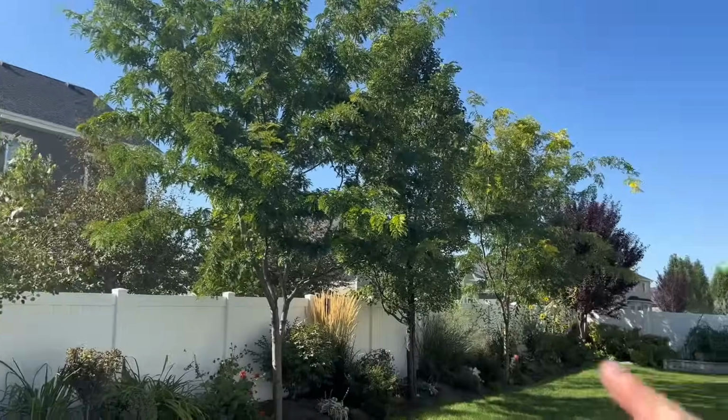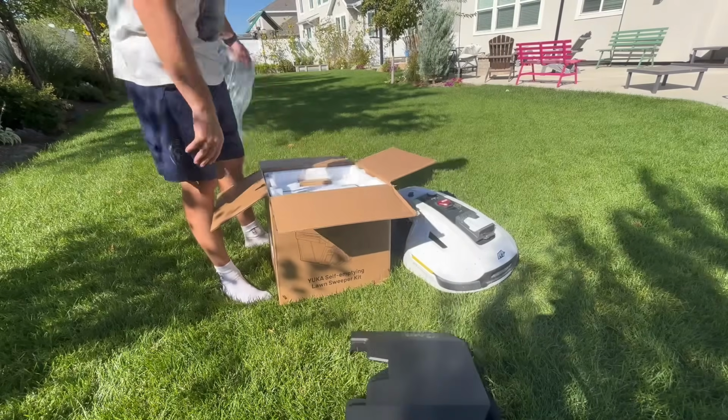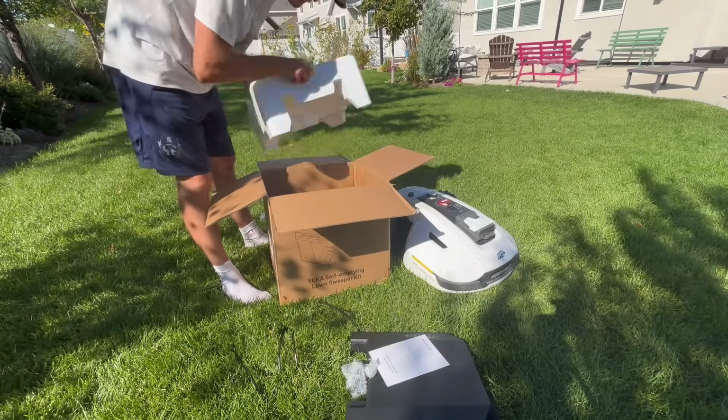It'll also pick up leaves and other debris, but currently it's not fall. It's into summer, kind of maybe early fall. It's football season, so fall's right here, right? So hopefully this thing works really well so I don't have to pick up those freaking leaves either. So let's get into a little bit here. We'll do a little unboxing, a little how-to on how to put this thing together, and then we'll see her